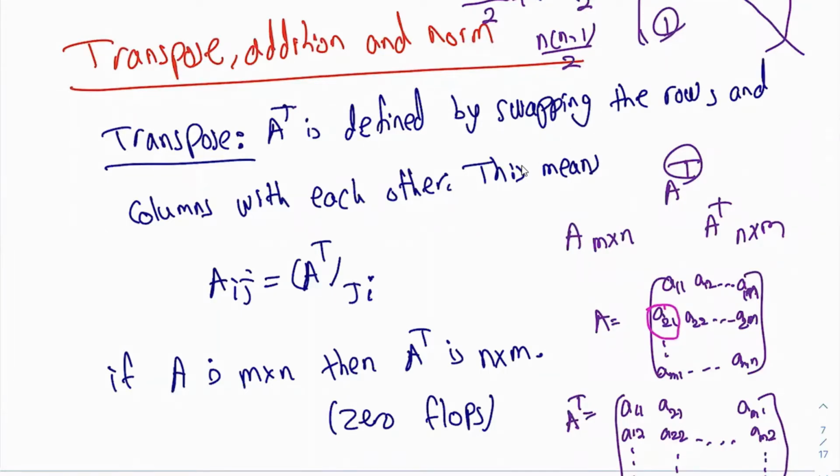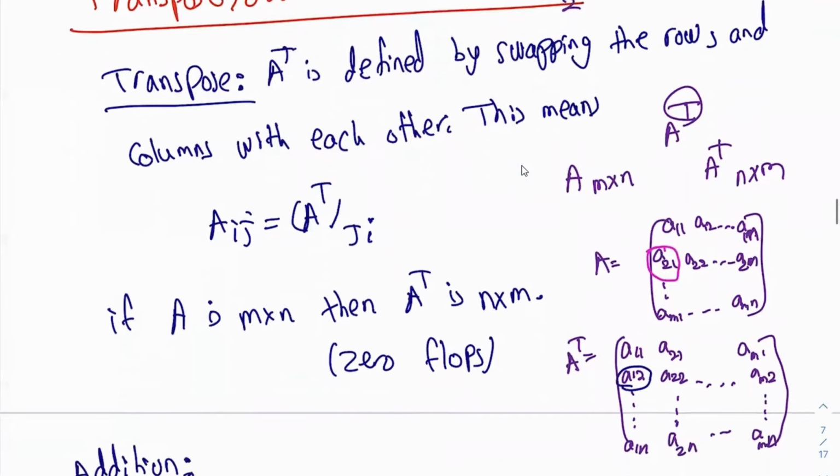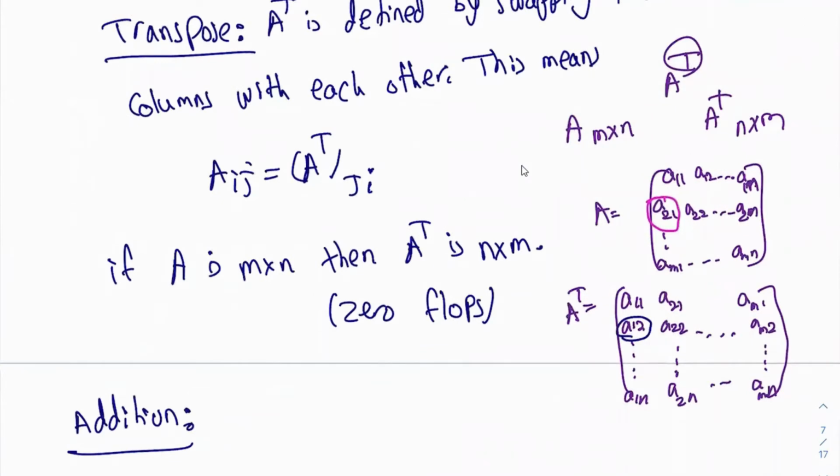Now, if you look at A21 here for this matrix, and you look at this entry here on the A transpose, you will see that this is A12. So now if you search for A21 on the A transpose, you will see that the A21 is actually the first row and the second column of A transpose. So I will write it here. A21